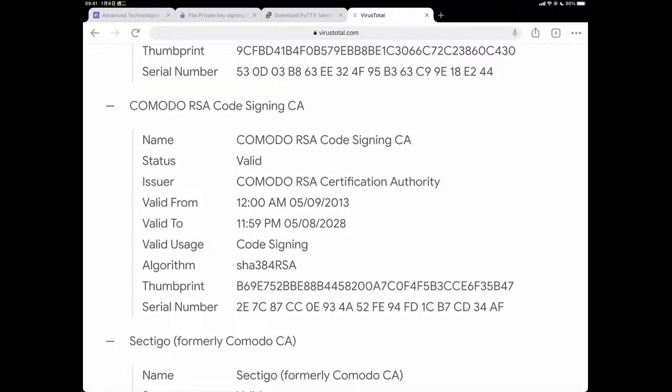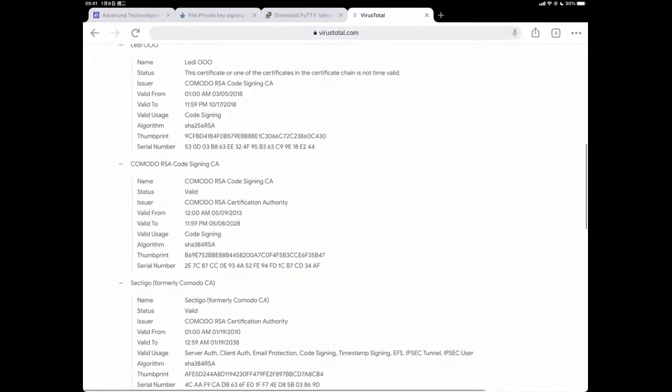Although 2 of the signatures are valid, 1 of them is not valid, and then this signature chain is broken, so we cannot verify this signature.